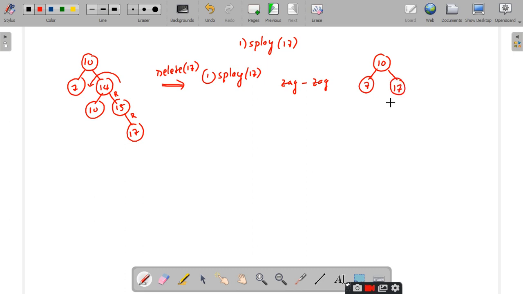What about the left child? Left child will be 15, sir. And 15 left will be 14, and then 10. Is this correct?